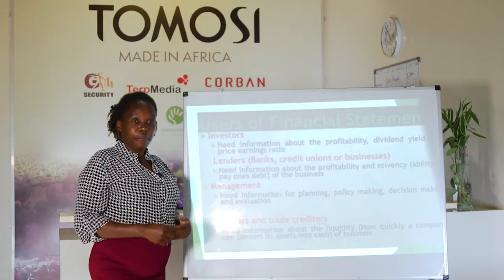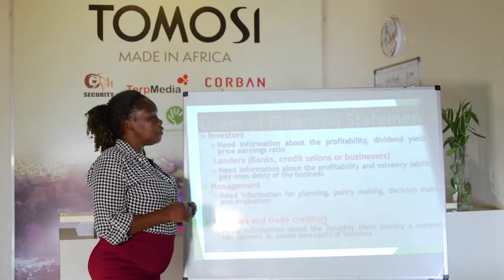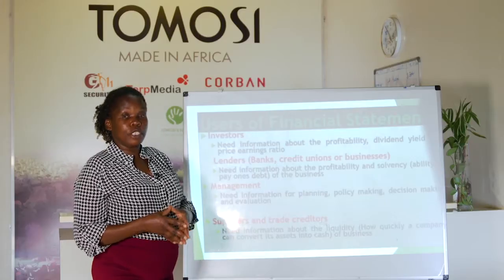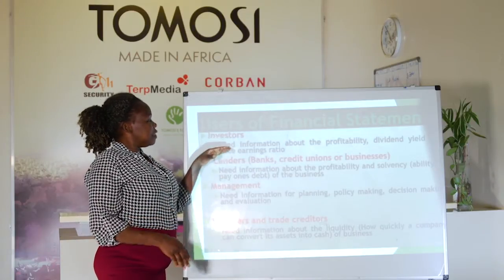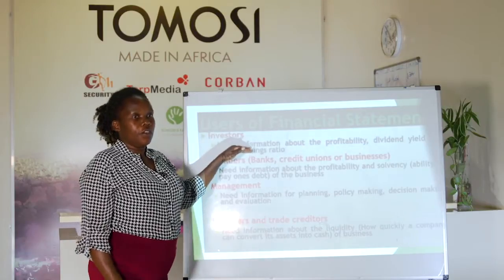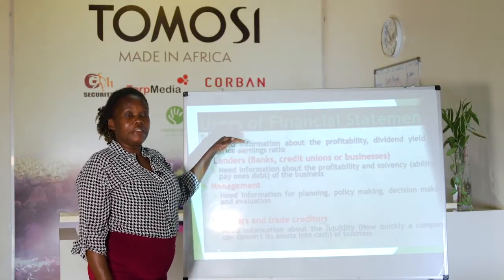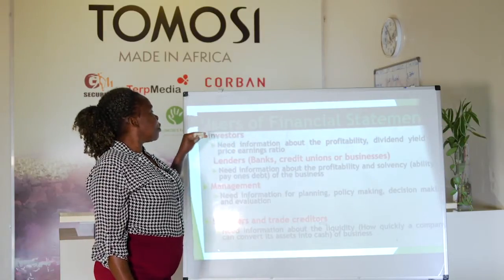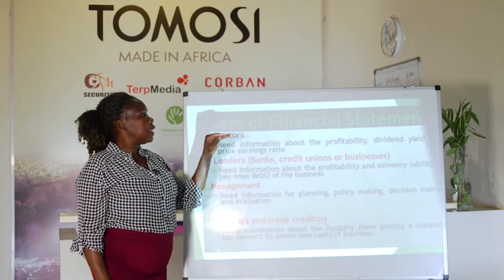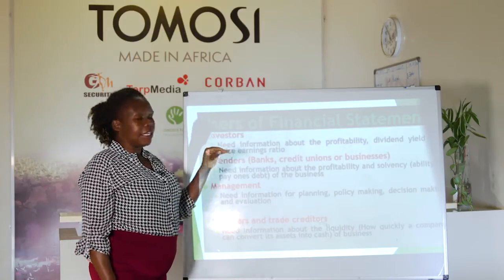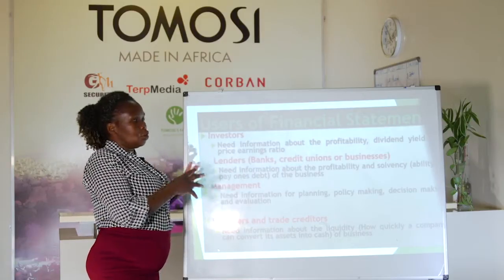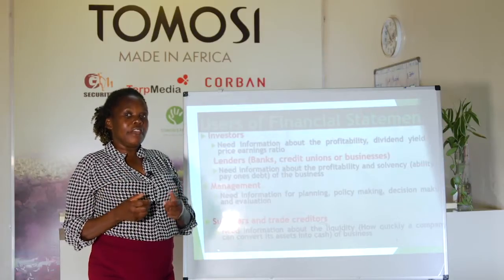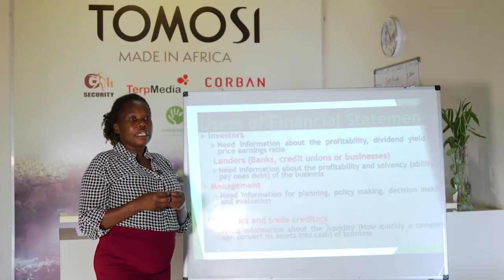Right now, is it making a profit? Or if it is not making a profit, does it have the chance or the potential of making a profit in the future? So the investor can only get this information from accounting information, the financial report, or the accounts department. The investor will also look at the dividend yield and price-earning ratio. All these are tools that someone can use to tell that this company is financially healthy or has business